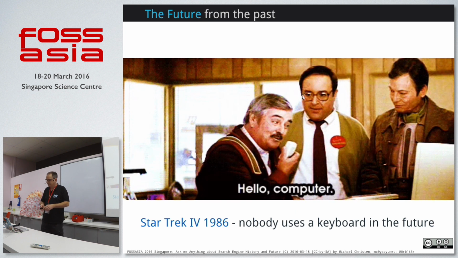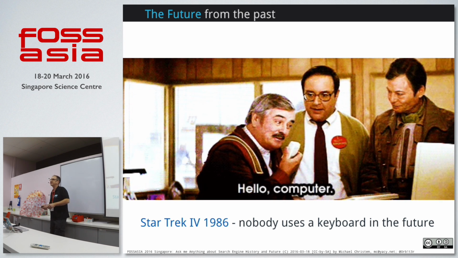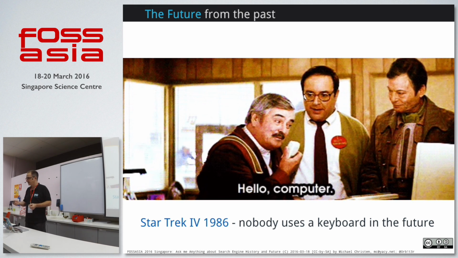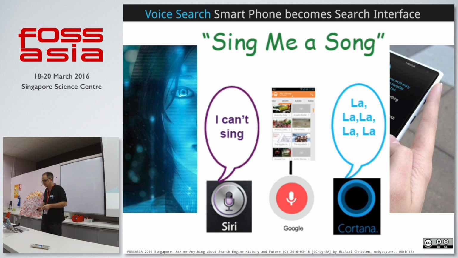And this is the future. It's a view of the future from the past. In Star Trek 4, Scotty was trying to get information from a computer, and he tried to speak with the computer. He said, "Hello, computer," to the mouse, which was wrong. But however, so this is the idea. What will the future of search be? Will it be that you talk to your electronic device, like to your mobile phone? There are two products which compete now, Siri and Cortana, and the Google search in the phone. It's an attempt to bring this kind of future vision into your mobile devices.